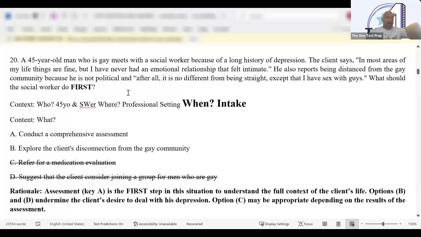I am that social worker in the room with this 45-year-old man who is talking to me about his long history of depression. And in most of the areas of his life, things are fine. But he's never had an emotional relationship that felt intimate. And he feels distant from the gay community. And so this is someone processing. This is someone sharing their feelings. This is someone engaging themselves, and this is all part of the intake process. And so when we're in the intake process, we want to understand as much as possible. We want to learn as much as possible about our clients,